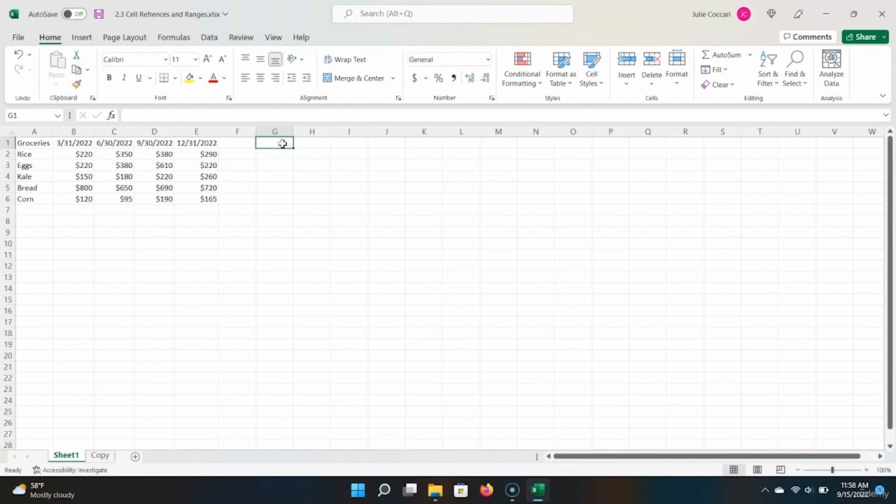There are a few more ways to do cell references. Along with clicking, we can also use our arrow keys to scroll. Just type equals and then start using the arrow keys over to the cell that you want to reference, hit enter, and the cell reference works exactly the same. I'm going to delete this one more time. One last way to do it is to type equals and the cell reference directly. So if you're trying to reference A1, you can just type A1 and hit enter, and it automatically does it